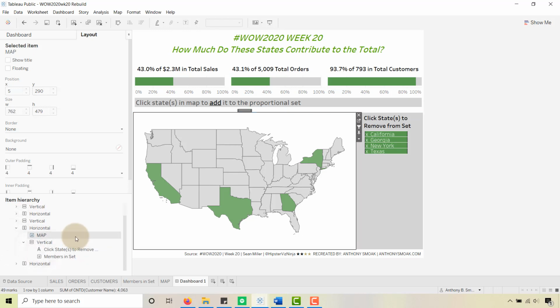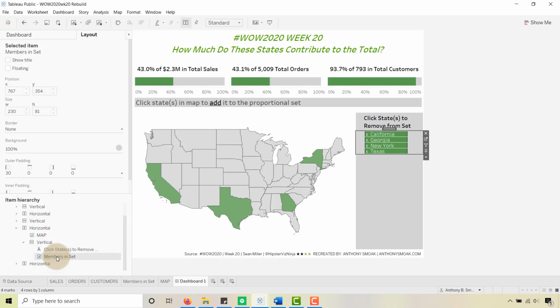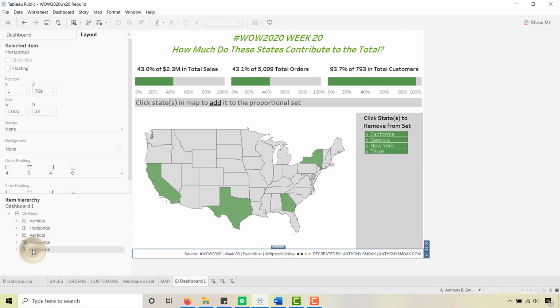We've got the map, and within that horizontal, a vertical where I've stacked, literally, click states to remove from set text, and then the viz we built out, members in set, and at the bottom we have, recreated by Anthony Smoak,